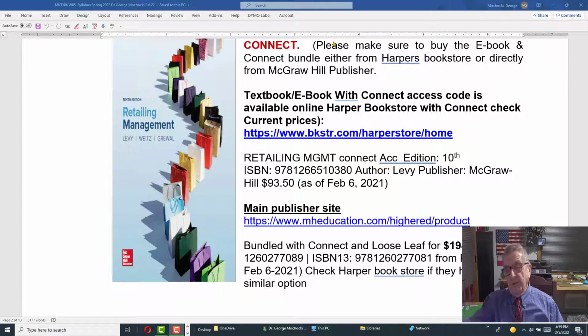No project going forward. There's no final exam, but you will be doing a final project. So you need the book, you need the chapter, you need the PowerPoint, you need the Connect to learn the concepts and different aspects of retail merchandising or retail management to go forward. There's no way you're going to pass this class without buying this book. Without getting the passcode. So do the right thing.